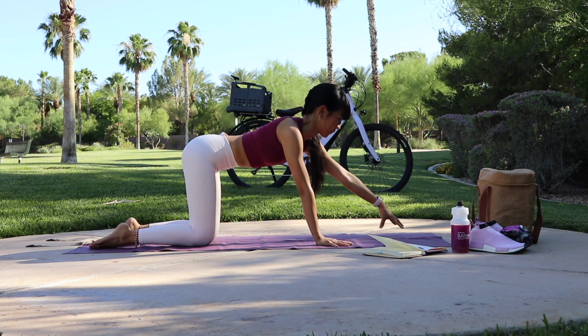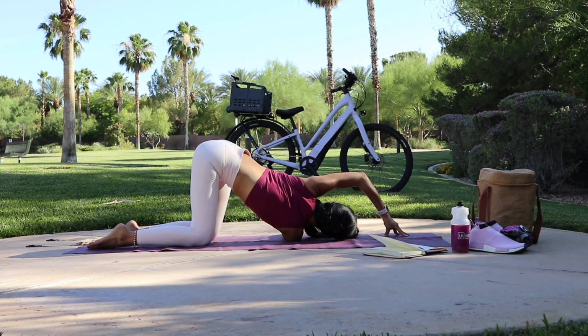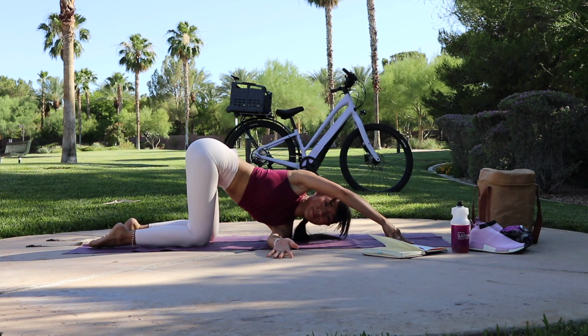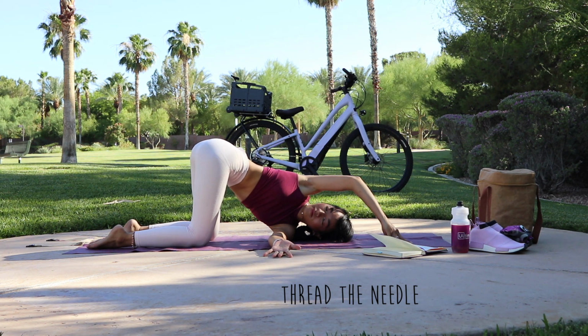Placing your left hand on top of your mat, and then slide your right arm underneath your left arm with your palm facing up. See if your right shoulder can come all the way down to your mat. Now switching sides. Breathe. So we're just gonna rest here, really work on that shoulder, and then we're gonna transition to what we call